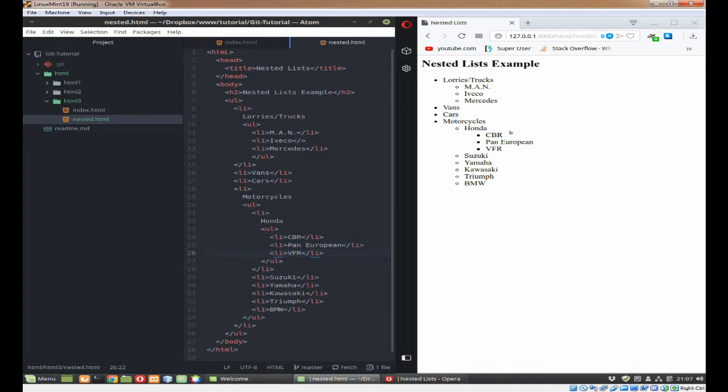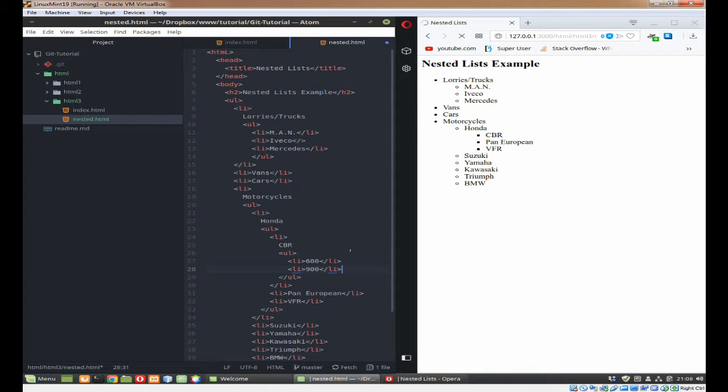the bullet has changed to a square. So each time it's changing. So you can nest the various different lists. So for example, if we come down to CBR, some of you might understand that I like motorcycles from this. We can do that, and we can put a list item in, and we'll do, let's have a look, 600, and there's also, let's have a look. Okay, so for example,